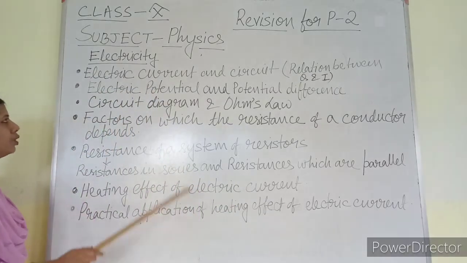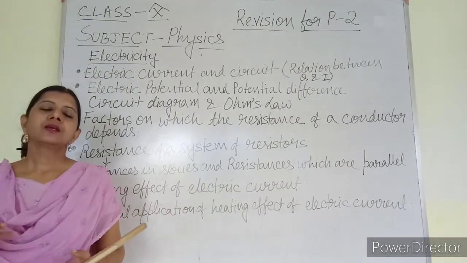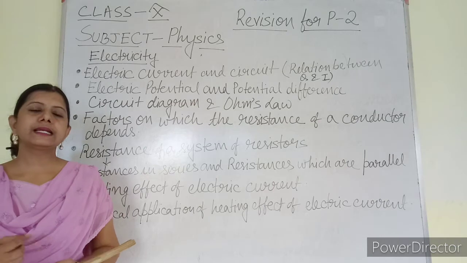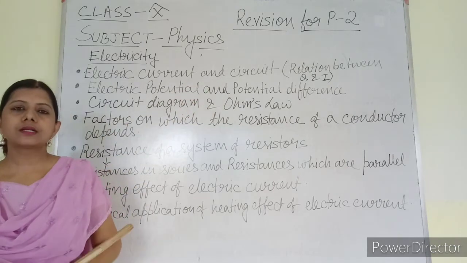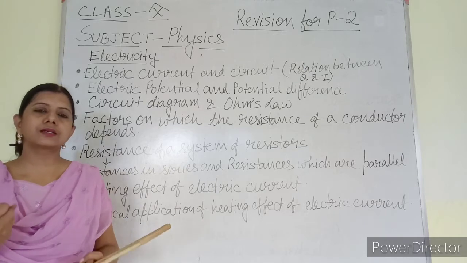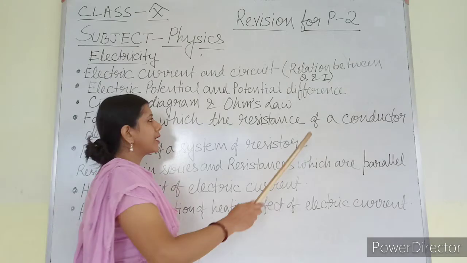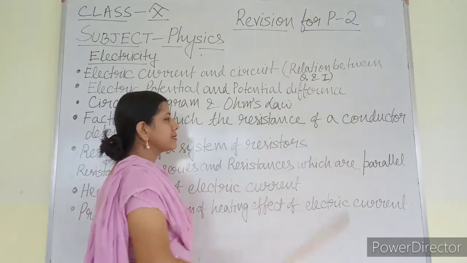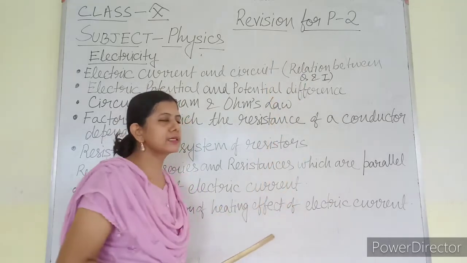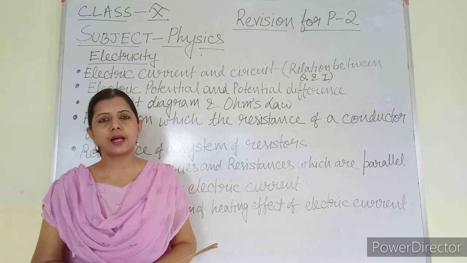First you have to know what is electric current, the definition of electric current, its symbol, then its SI unit, everything. And circuit: what is an electric circuit, and how electric current is associated with the circuit. Then here you have to know the relationship between Q and I. Q means charge and I means current. What is the relationship between charge and current?